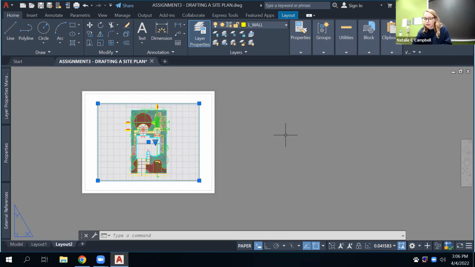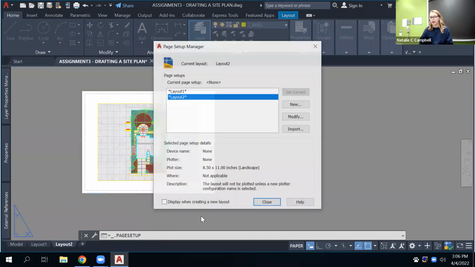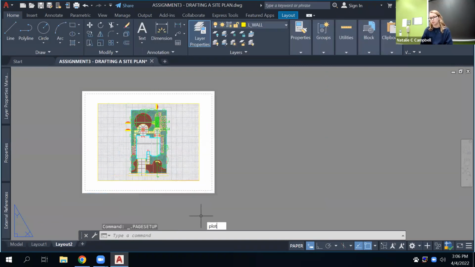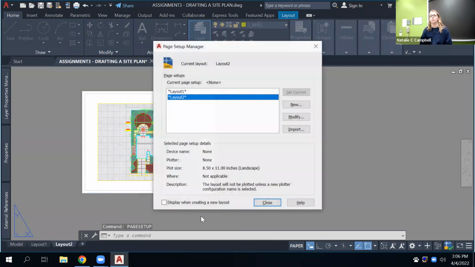Page setup is your command for that. You can also right click on your tab and there's a number of options here, and Page Setup Manager is what opens. So you can either type it or right click, it opens the exact same thing. Okay, everyone type in page setup. You're going to get a dialog box